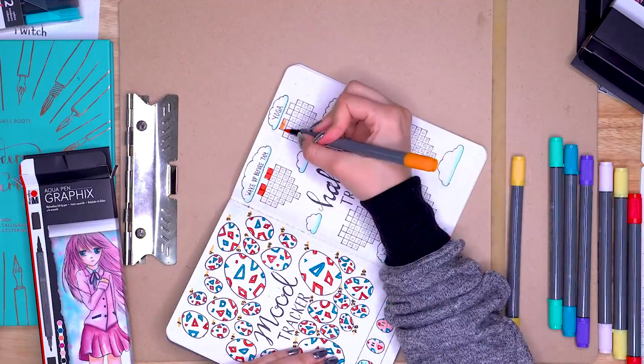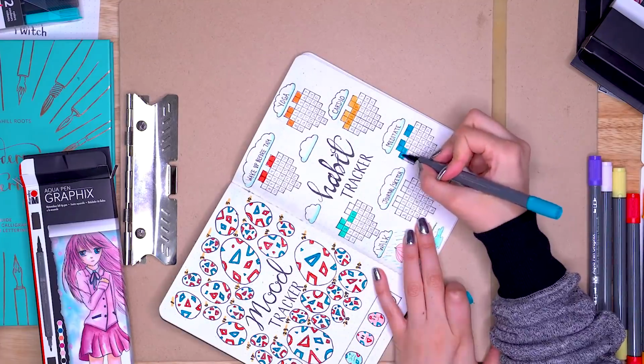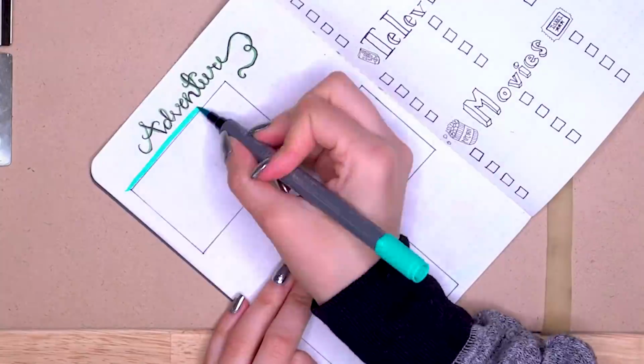So for the habit tracker, I added the little shadowing in the clouds, and then I wanted to go rainbow style with filling it in, because look how cool that looks. I mean, that makes me so freaking happy. I'm all about that. Moving on to my adventure log and entertainment, I just added a little bit of outlining